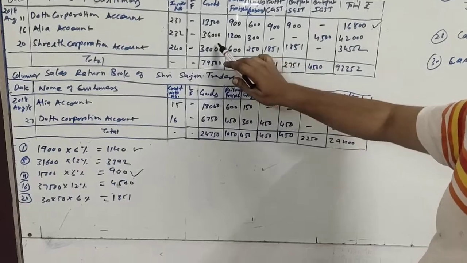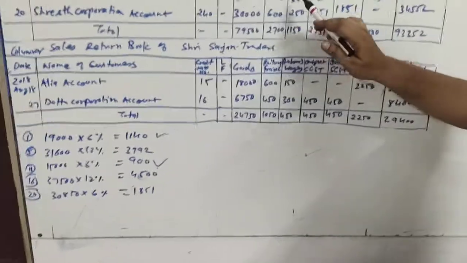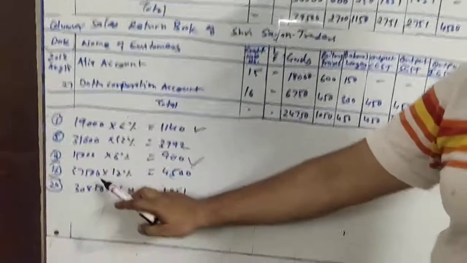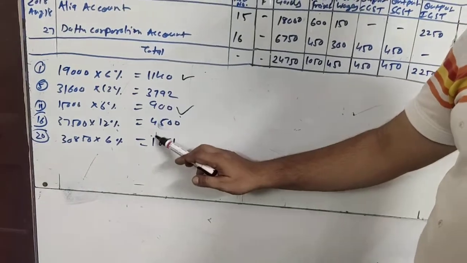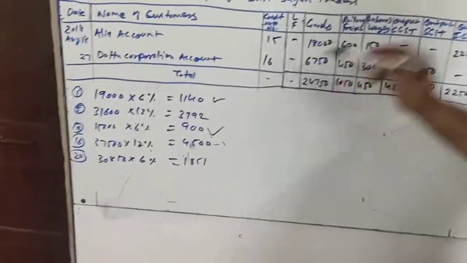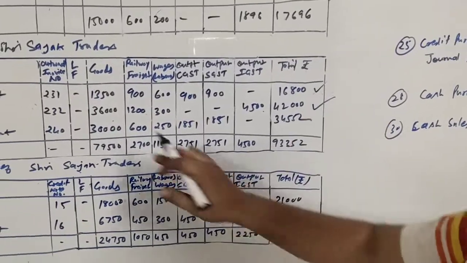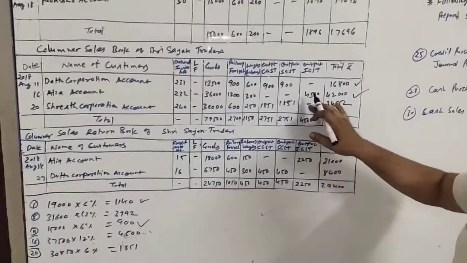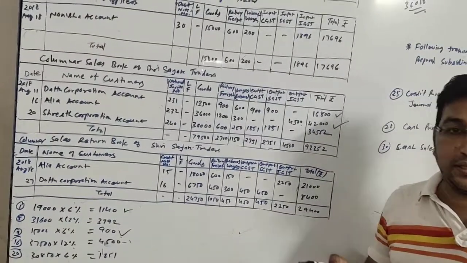The total of the three amounts is 37,500. 37,500, and we will calculate 12%. 37,500, 12% GST we will calculate, 4,500, which is what? IGST. So here in the column of IGST 4,500, and then the total of all four amount columns will be 42,000 in the outer column. Next transaction.